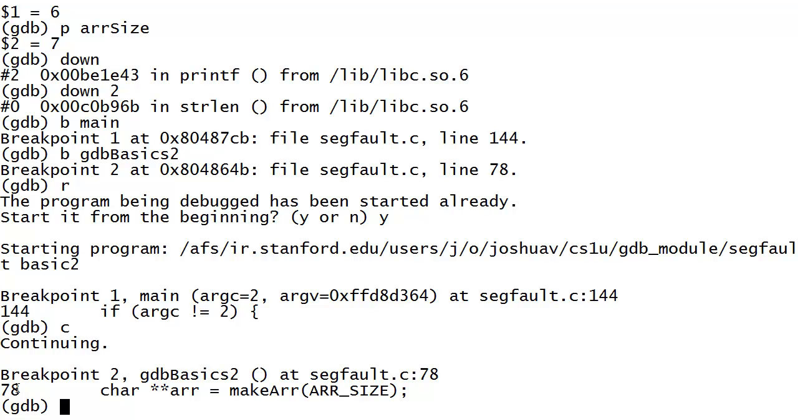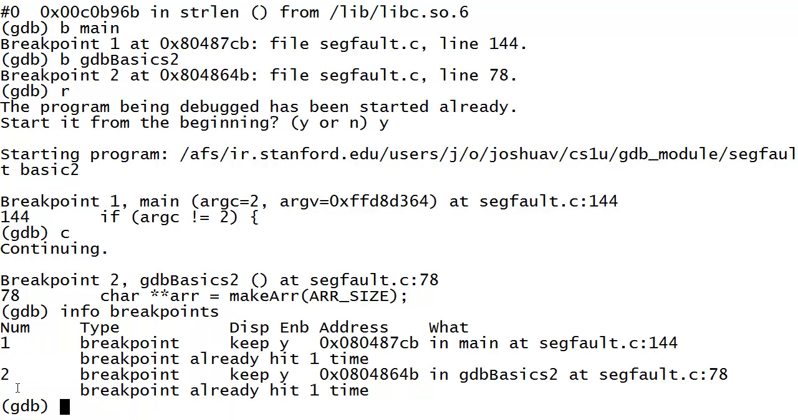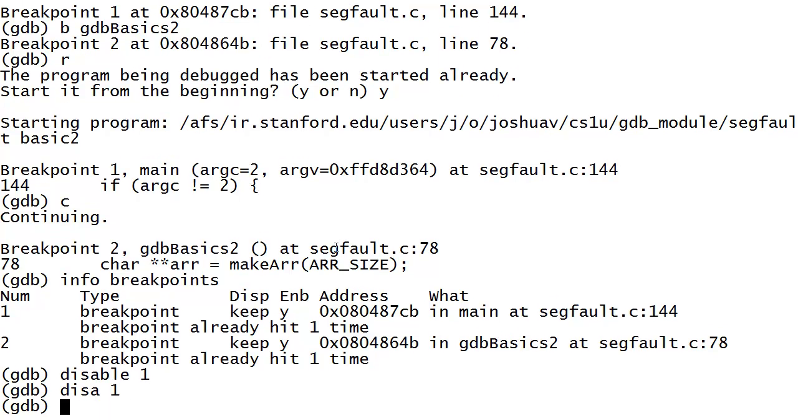That gets pretty annoying if you're debugging a program for a long time and you end up having a lot of breakpoints. In order to manage your breakpoints, you can enable, disable, and delete breakpoints. If you say info breakpoints, that'll tell you all of the breakpoints that you have and how often they've been hit. If I want to get rid of breakpoint 1, then I can say disable 1, or disa 1 for short. Then if I say info breakpoints,